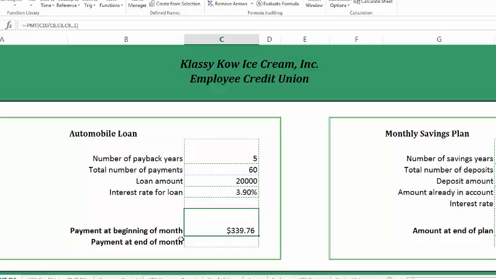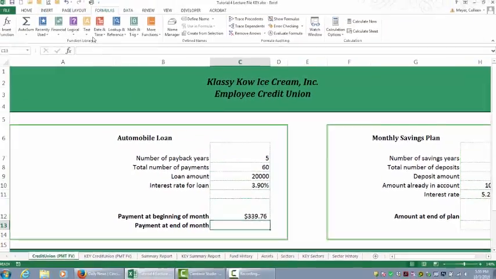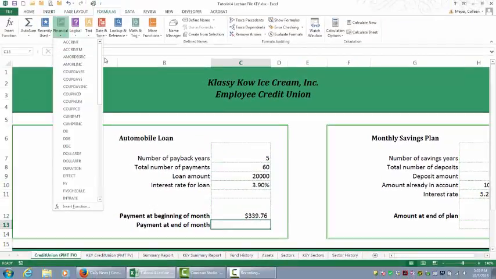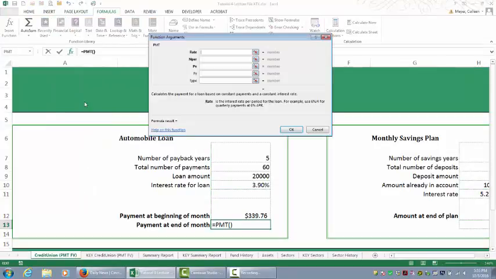Let's go ahead and do another one, and we're going to see what it would be if we made the payment at the end of the month. So we're going to go ahead and go to Financial, and we're going to go to PMT. Same information, what's the rate, but keep in mind this is the annual, so we're going to divide it by 12,